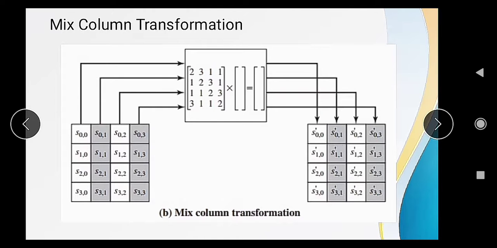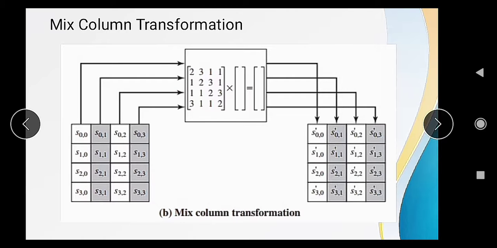See, we have a matrix that is a 4 into 4 matrix, and we have to multiply each column of this matrix with this predefined matrix, which is again a 4 into 4 matrix. So we are going to multiply one word, this is S0,0 S1,0 S2,0 S3,0.